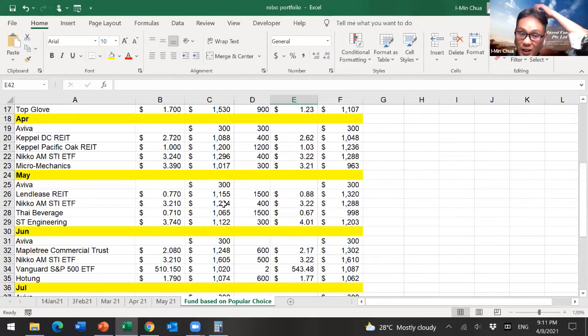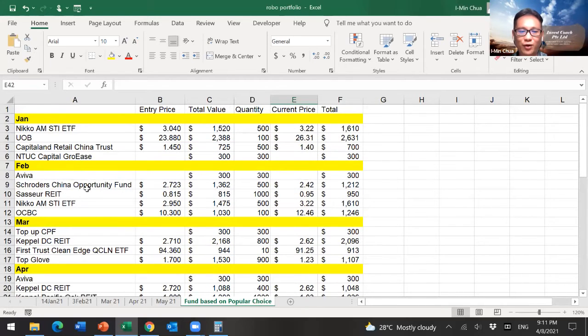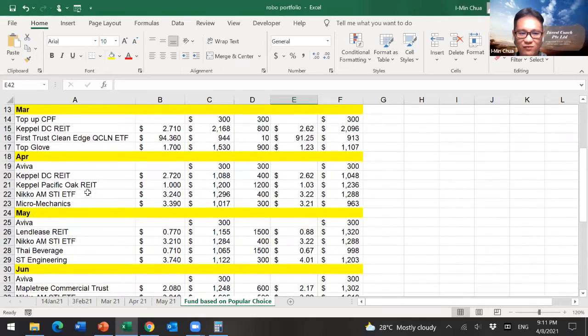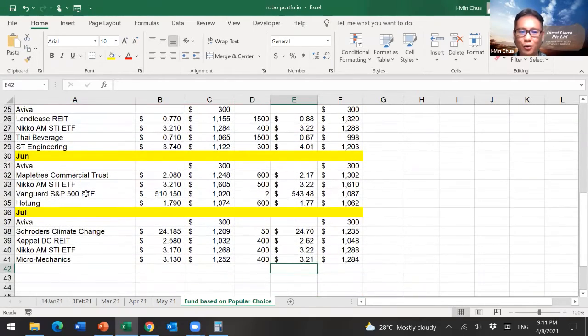So hopefully you'll all refer to all this. And again, it's very clear. Okay, at the end of the day, how you buy to create the portfolio is what's actually important. That's the point that we actually want to stress across.